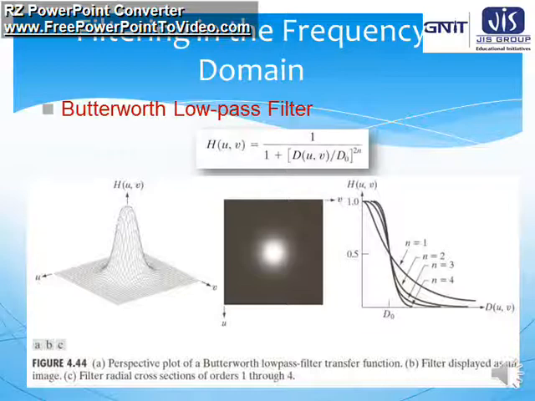Now the Butterworth filter examples are given here. In the figure we see the perspective plot of a Butterworth low pass filter transfer function, the filter displayed as an image, and the filter radial cross sections of order 1 through 4. So these are examples of a Butterworth low pass filter. If we move forward to the next slide,